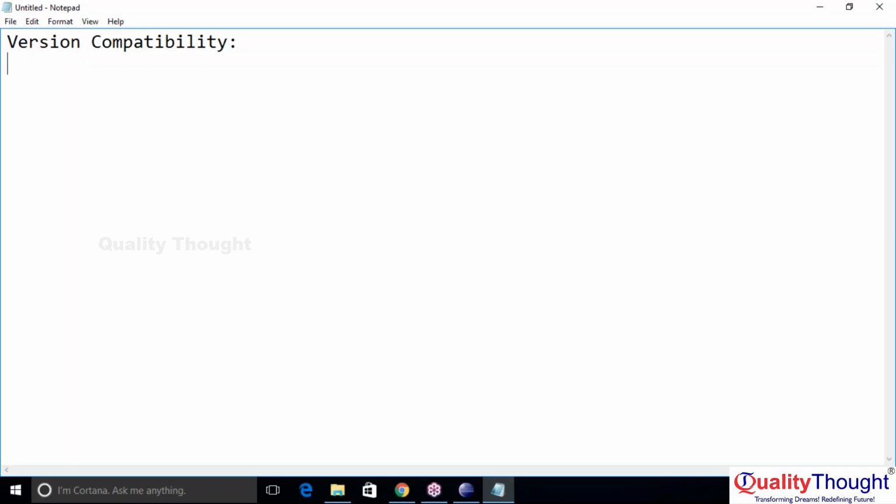Version compatibility. What are all the required software and their respective versions in your system in order to start with Selenium WebDriver? Basically, Selenium WebDriver starts with Selenium WebDriver 2.0. You are going to see this 2.0 in the Selenium WebDriver list. But this is a very basic version of Selenium WebDriver, where it supports